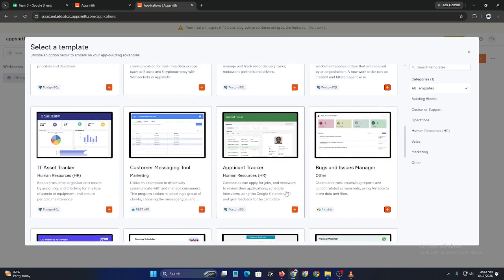Starting with a template often reduces development time and helps you launch projects more quickly, and that's how to use Appsmith templates. By leveraging pre-built applications and customizing them to fit your needs, you can build powerful internal tools